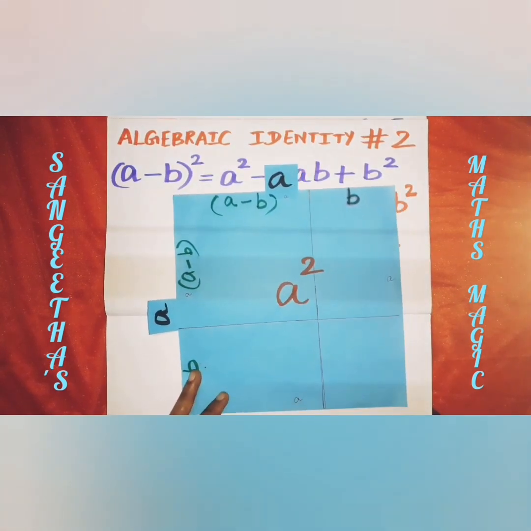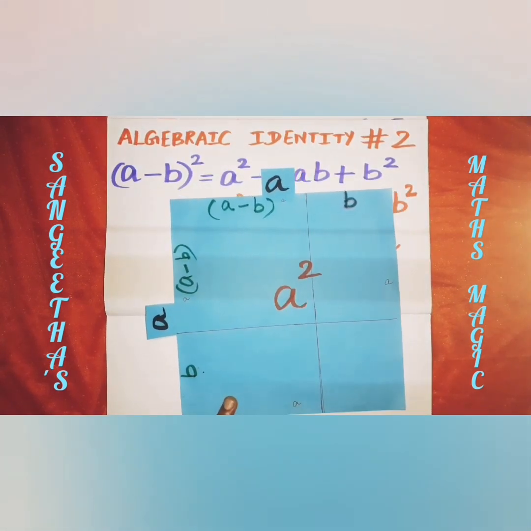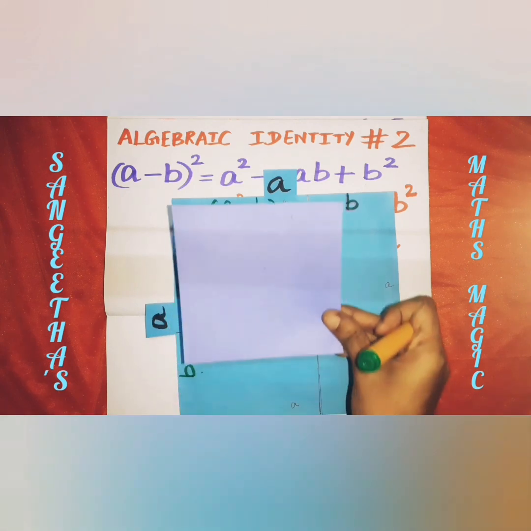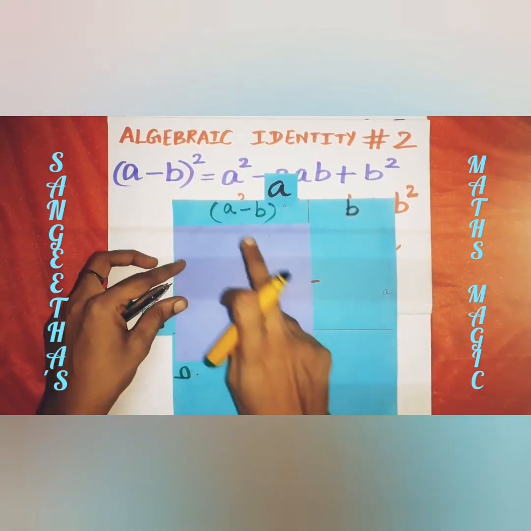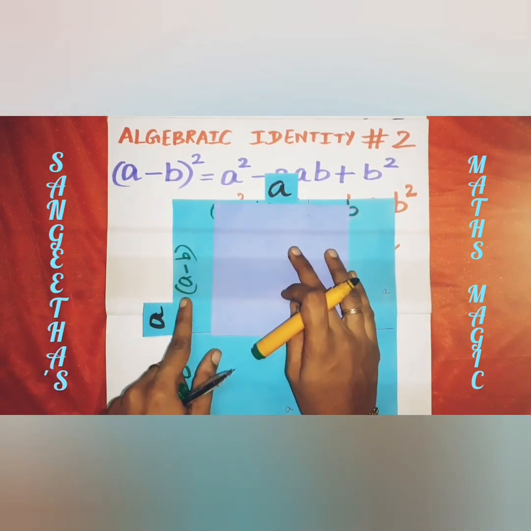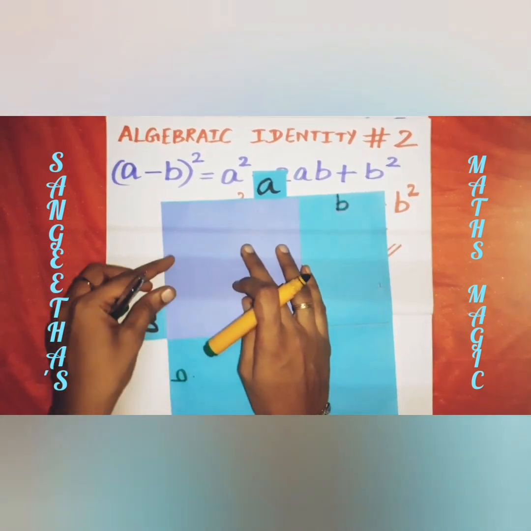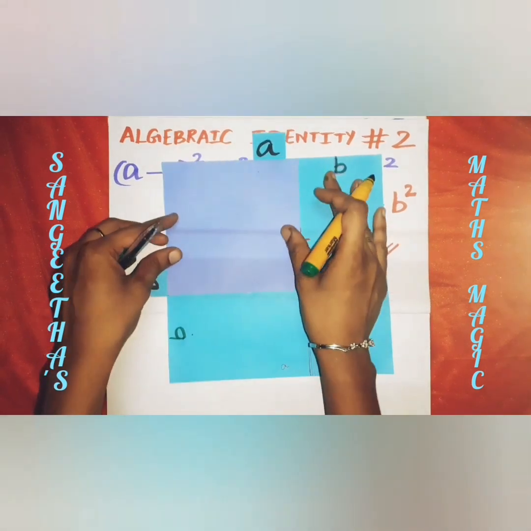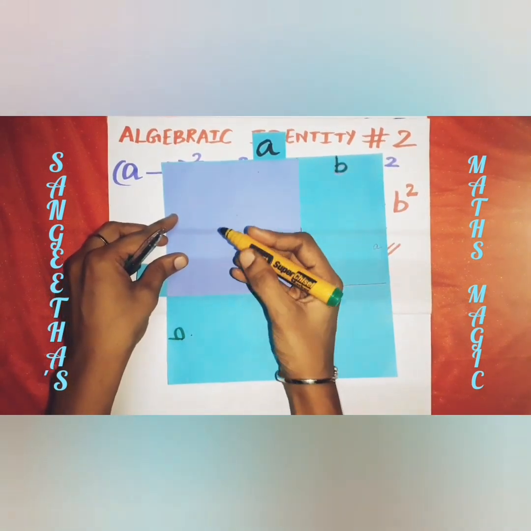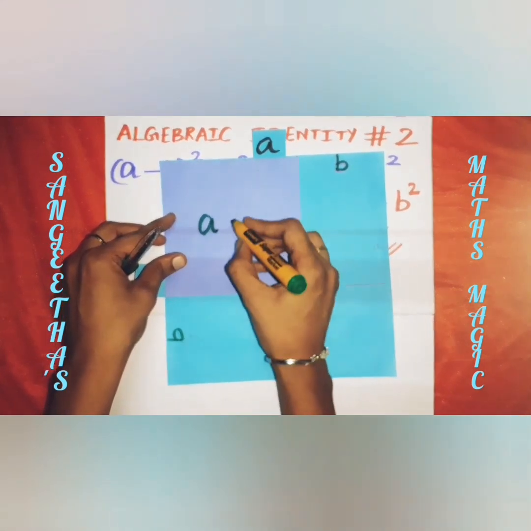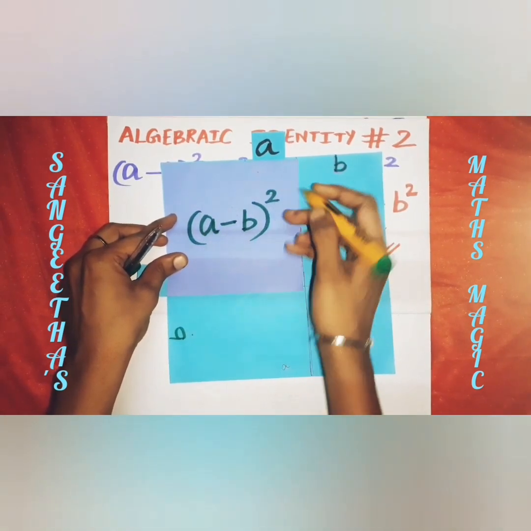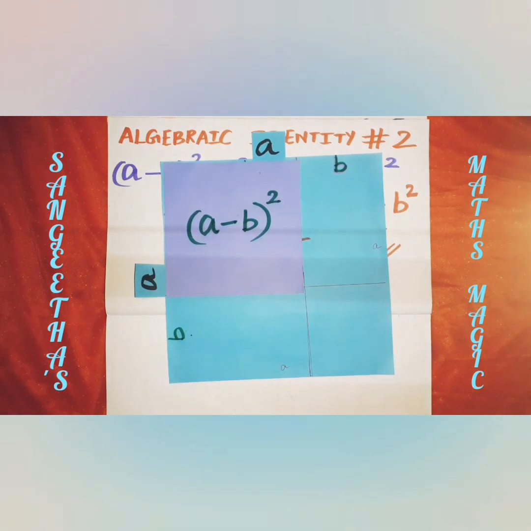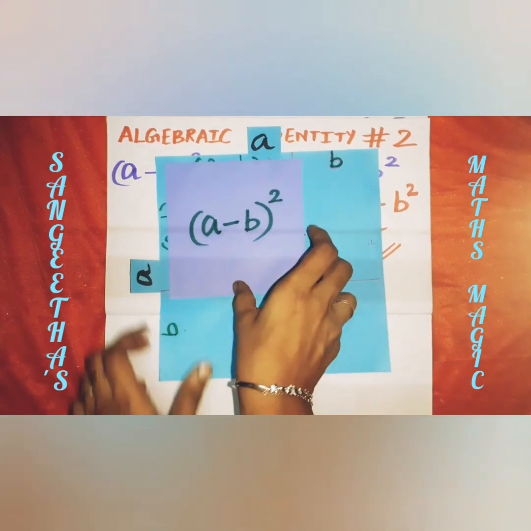So what is that square which is placed on the a square? a minus b is on one side, a minus b on the other. So that square with the side a minus b, side into side. By the area of the square formula, it is side into side, (a minus b) the whole square, because (a minus b) into (a minus b) is the same thing twice, so the power goes (a minus b) the whole square.